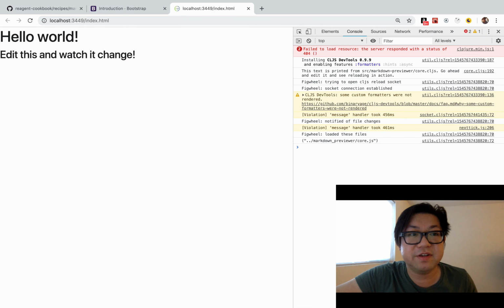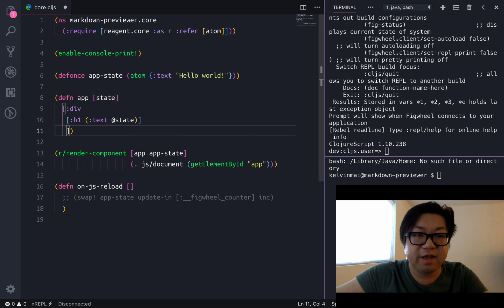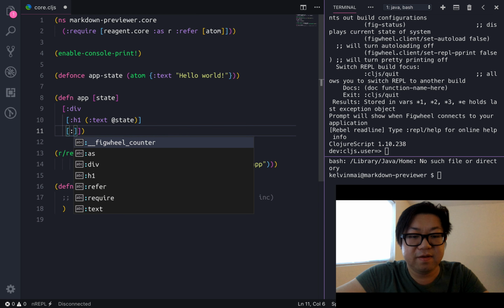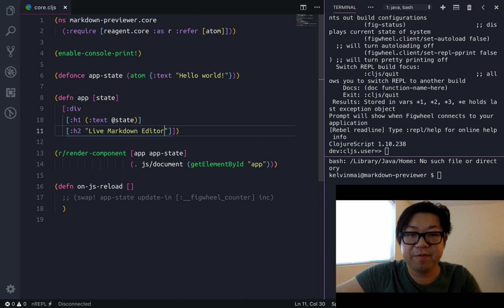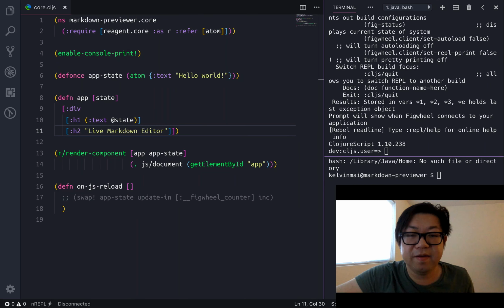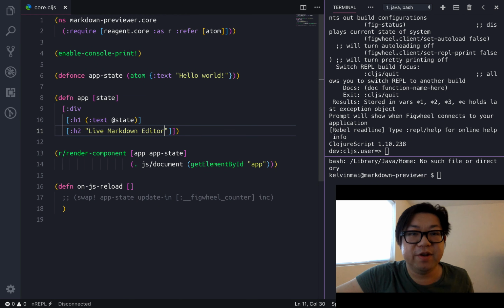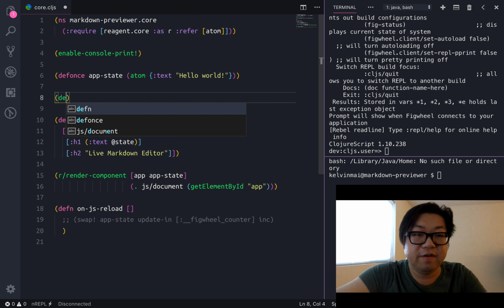So first things first, we have the hello world, which is in our state, which is right here. And I'm gonna get rid of this bottom one and replace it with an H2 that just says, what does that say? Wait, live markdown editor. So there's our new thing. And let's make a component. So the first component we need is the actual editor,